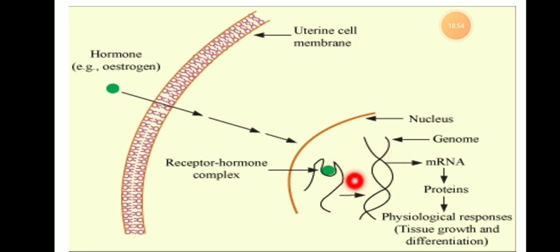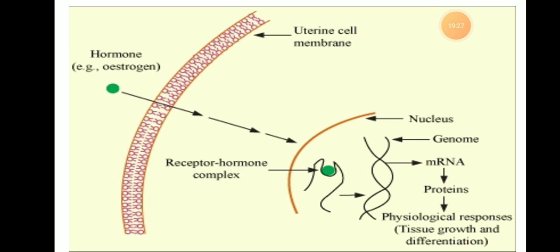So this complex is the DNA having some activated gene. These genes become transcript on mRNA, and which direct perform the synthesis of protein, and this protein synthesis is one of the processes that takes place in the cell. It is a physiological process, and this process is very important for the tissue growth and the differentiation